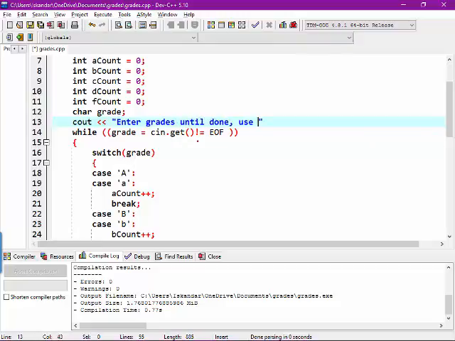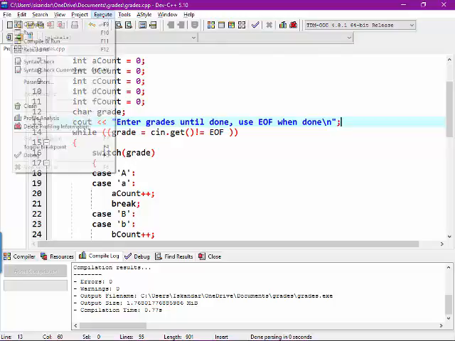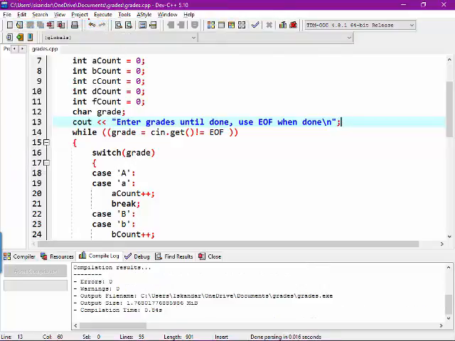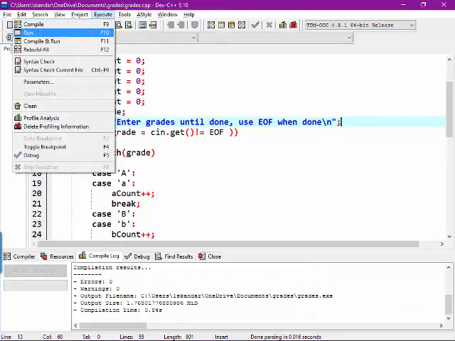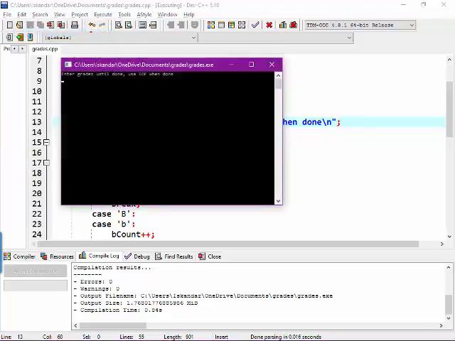Use EOF, end of file, to finish, and a newline right there. Simply because there's no run. So I'm just going to hit